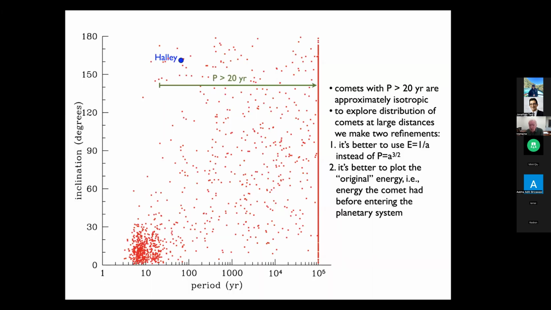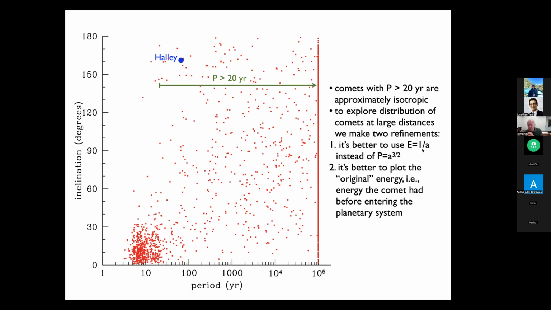I'm not going to talk more about the Kuiper belt. Instead, I'm going to focus on the more distant comets, which have a larger orbital period and a roughly isotropic distribution of inclinations. The prototype of these is Halley's comet, which would be up here on this diagram. In order to use this diagram to understand the formation of these long period comets, it's better to make two modifications. The first is, rather than using the period, which goes like the semi-major axis to the three halves, in order to focus more on the long period comets, it's better to use the energy, or 1 over the semi-major axis,